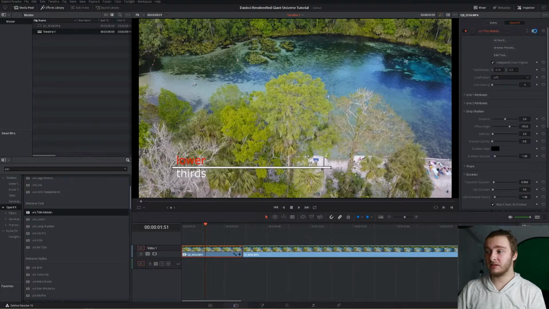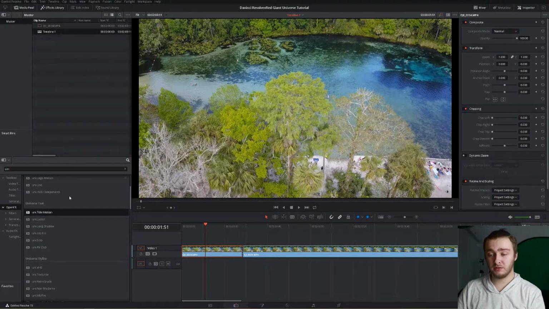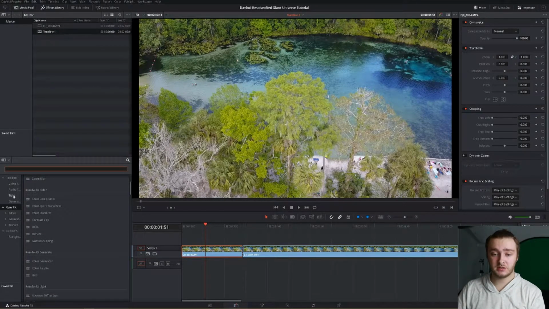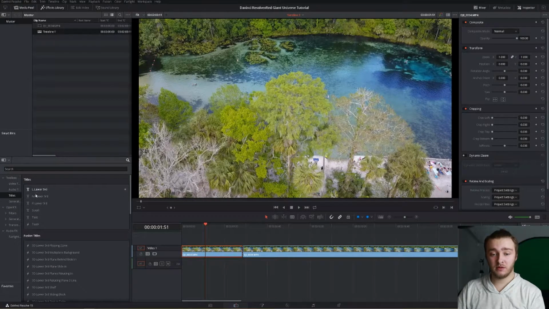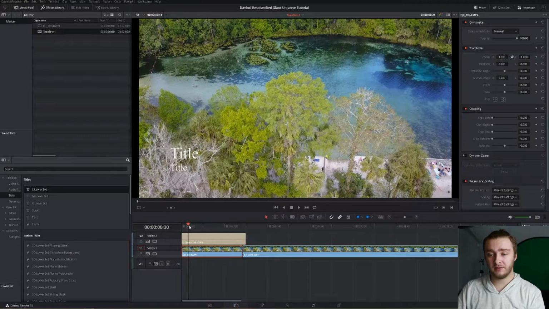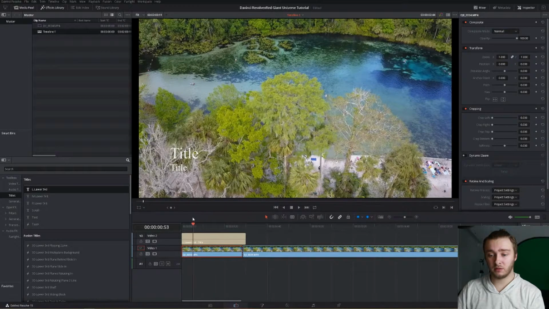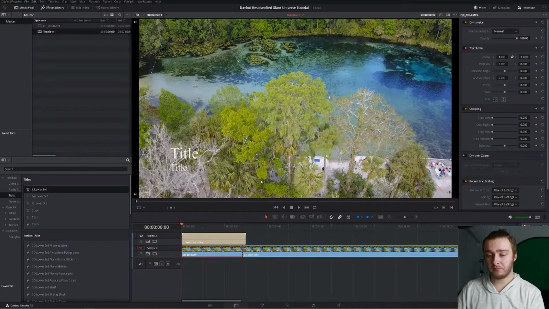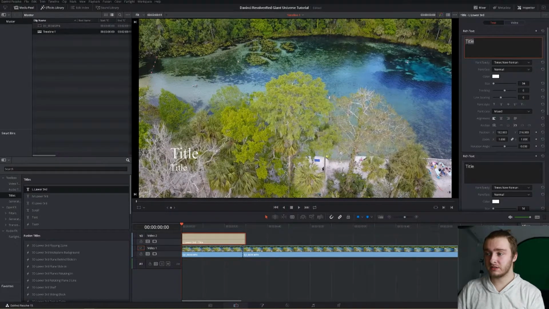Now we're going to delete this and we're going to hop into our free way that you don't have to pay for at all. It's just built right into DaVinci Resolve. So you're going to go to Titles, and then you're going to pick left lower third, middle lower third, or right lower third. We're going to go with left just because I think that one looks the best. Pop it on there, and then boom, right there you've got your lower thirds. So you click on that. You can edit your first line text, so lower, your second line text, thirds,